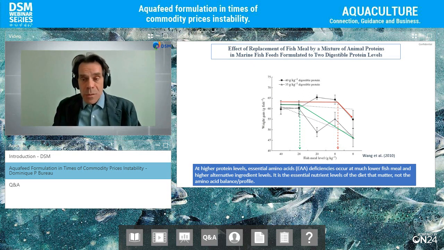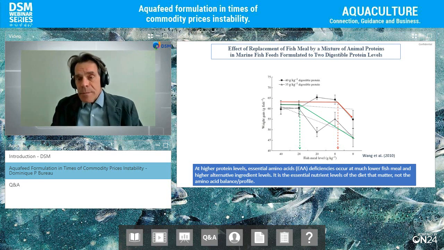And I've seen this in recent weeks, even in Vietnam, for example, they're formulating these feeds for snakehead and cobia and all this, and they're formulating down to 7 or 8% fish meal now because they've realized that the important thing is to meet the digestible amino acid requirements of the animal. So this gives a balance, and we have more leeway. So just these small tricks and even small experiments. You don't need a very fancy statistical design in order to address that.